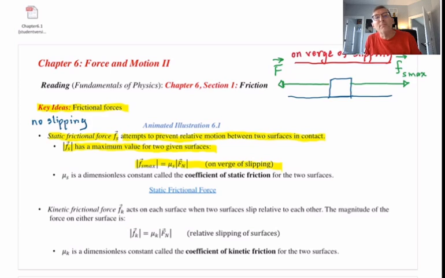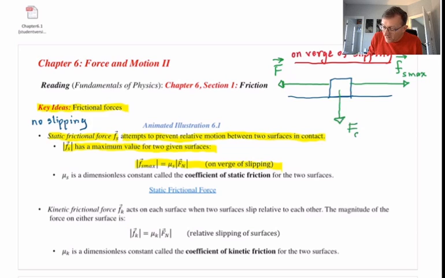The formula for the magnitude of the maximum static frictional force, Fs max. It depends on two things. How big is the normal force between the surfaces? And then there's this other constant, mu sub s, called the coefficient of static friction between the two surfaces. So if I go back to my free body diagram and finish it out, because it isn't complete,